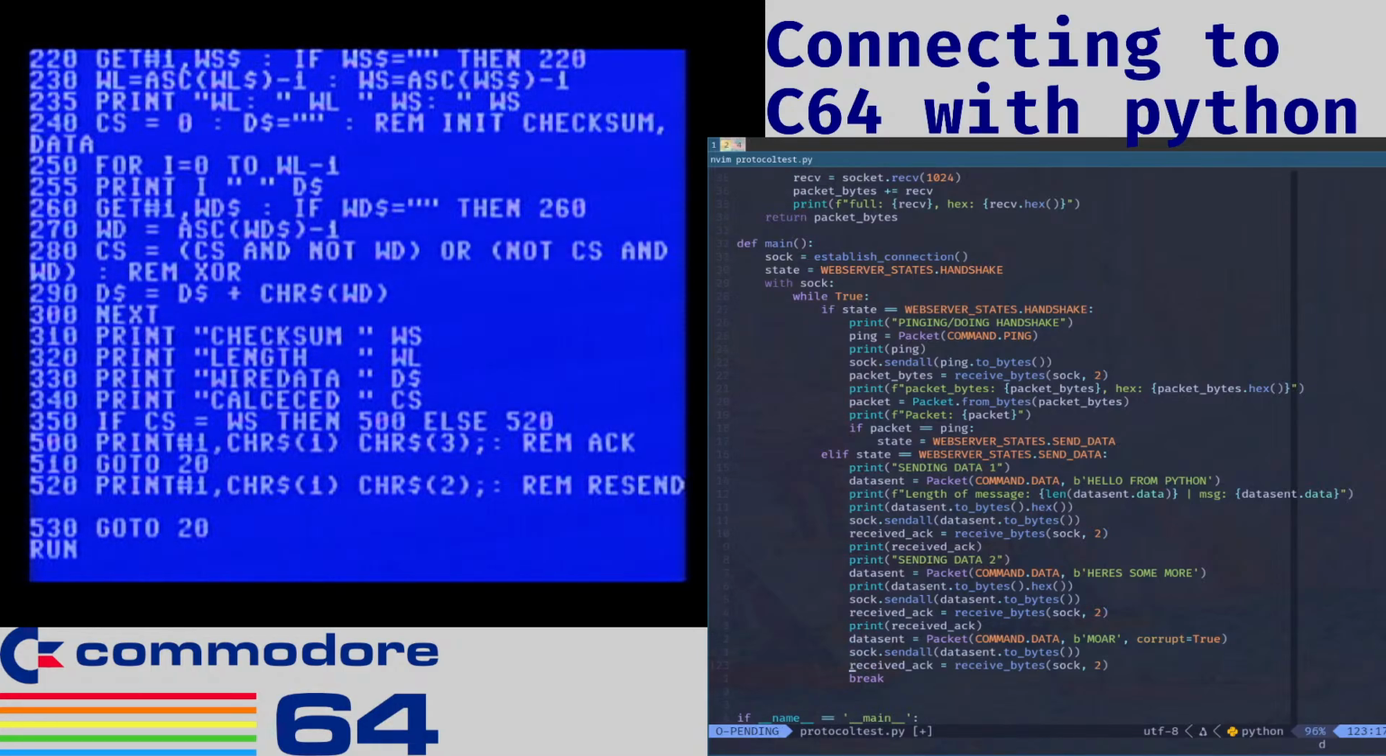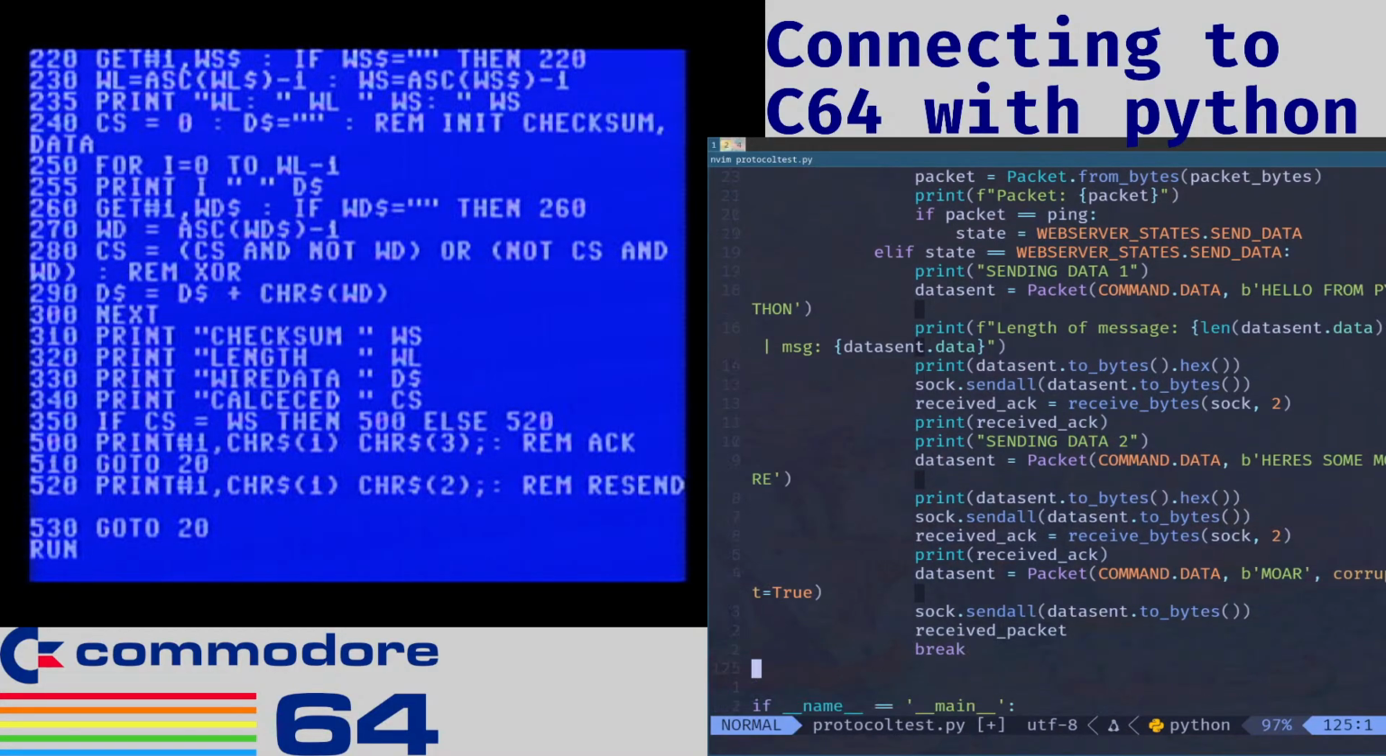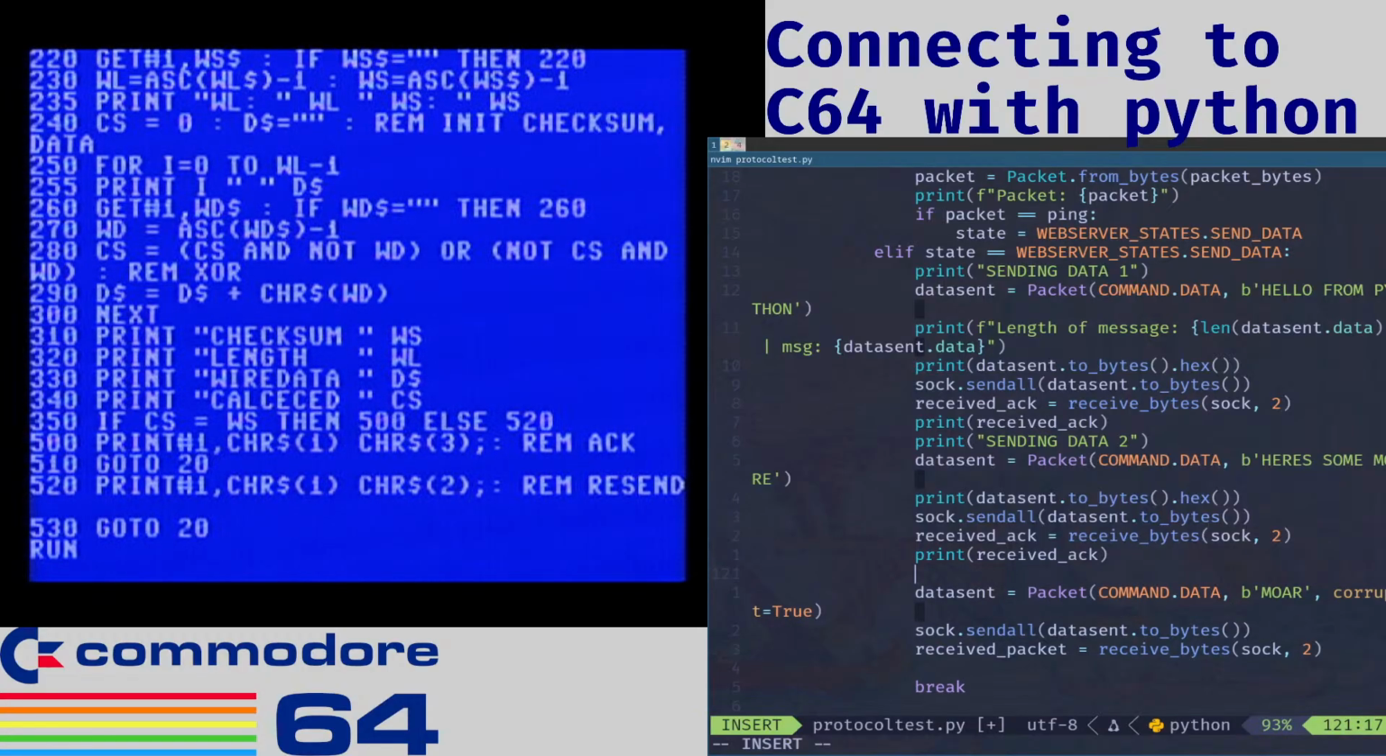and then received. We'll say received packet. Let me zoom in for you guys. So we'll say the received packet is receive bytes from our socket, 2 bytes. And then we'll say, yes, here's what we'll do. So we'll say